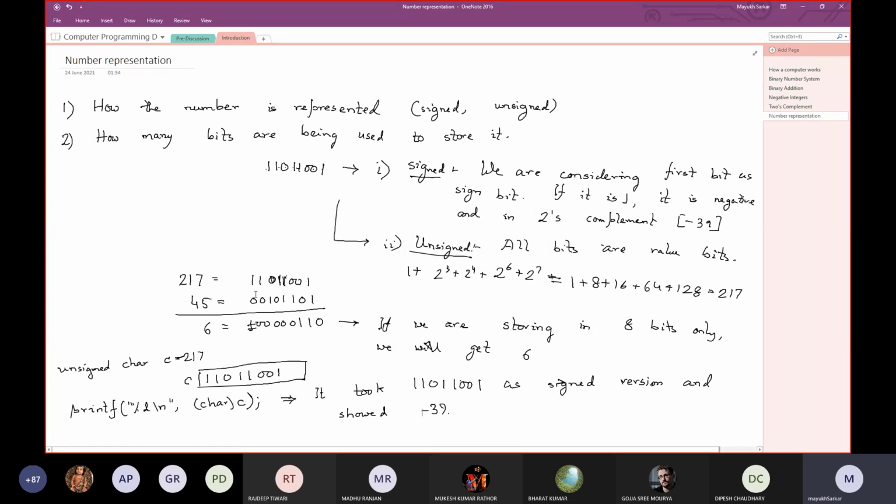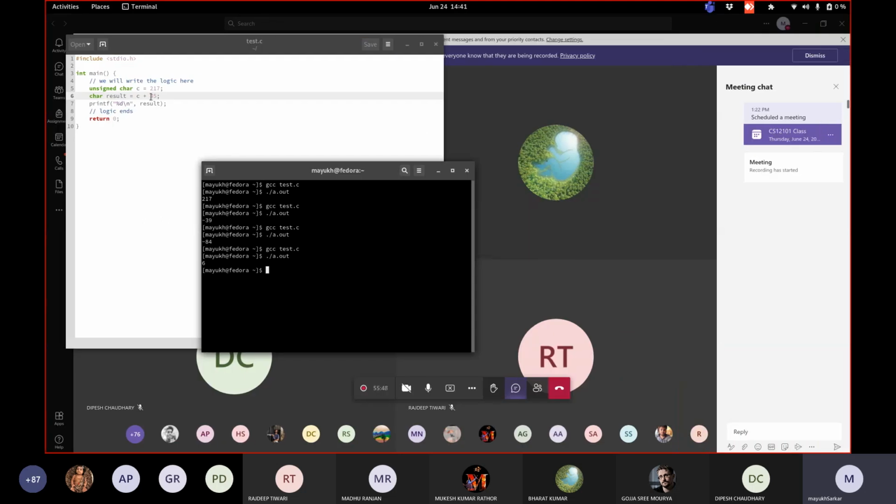If I do the subtraction, the same thing will happen. Only that the 2's complement of 45 will be taken. Do the operation, discard the leftmost bit, and you will get minus 84. Minus 84 because eventually the number, I'll show what will happen, and why minus 84 also came when we subtracted. So as you can see, I added 217 and 45. That means we added the two numbers.